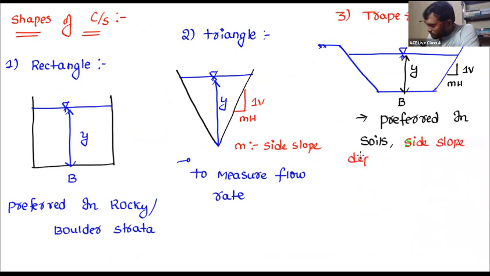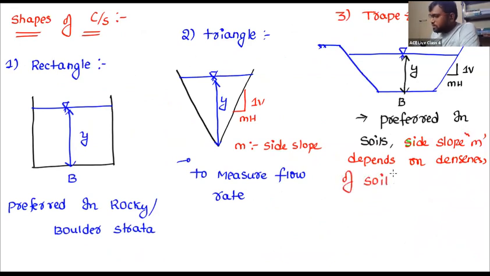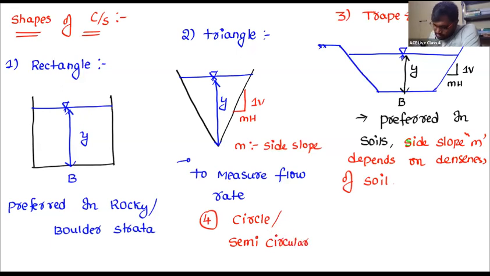So number one, rectangle, triangle, and trapezoidal, and the last one, circle or semicircular. You can go for the circle,